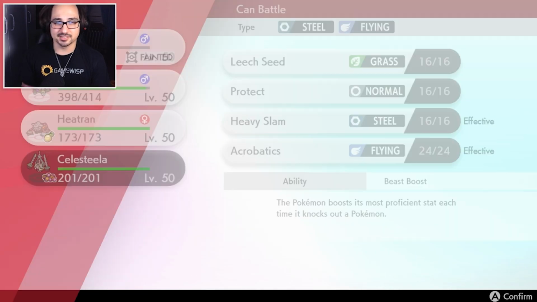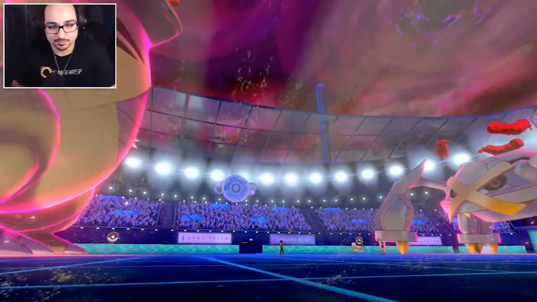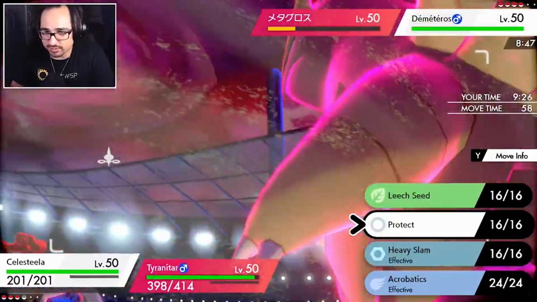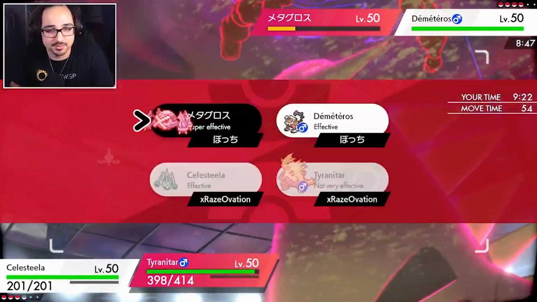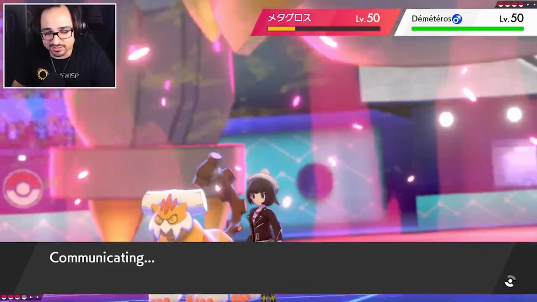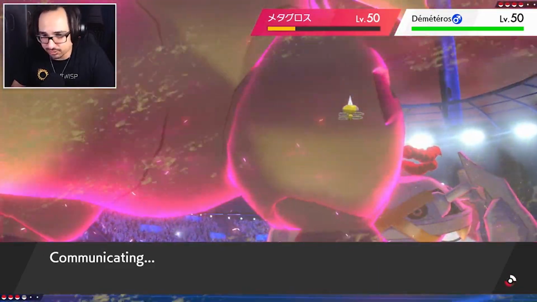Yeah, let's go in Celesteela. We'll start seeding everything. Don't worry, guys. Jimmy's gonna win this battle. Jimmy is going to win. And you are all going to be foolish for doubting Jimmy. Max Darkness again. I have one last turn of Dynamax. So does he. I should be KOing his Dynamax and should still be having a T-Tar on the field with